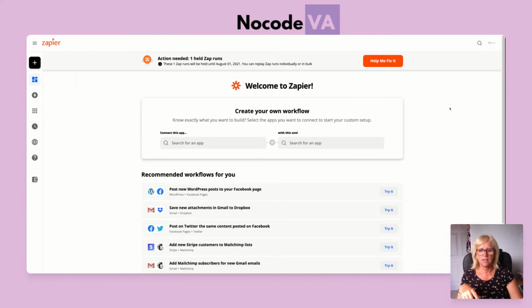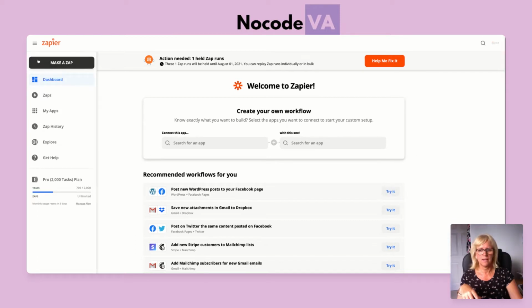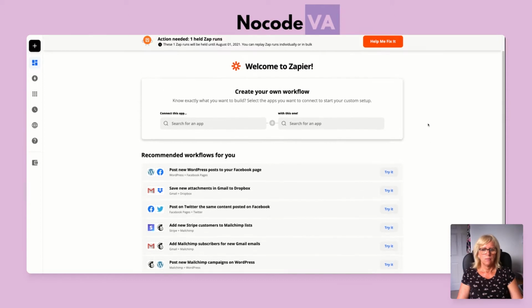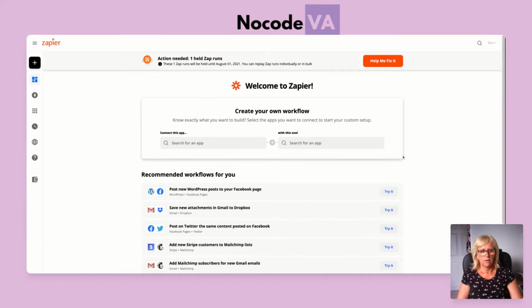So you can see on here, we're given the option to create our own workflow or build a Zap straight from the dashboard in two places. So we've got it here, and we can also click on the Make a Zap button here. It also gives you some recommended workflows that you can use. I think some of that is based on some of the things you're already doing. So initially you might not have as many, but as you build more and more, there'll be more recommended workflows